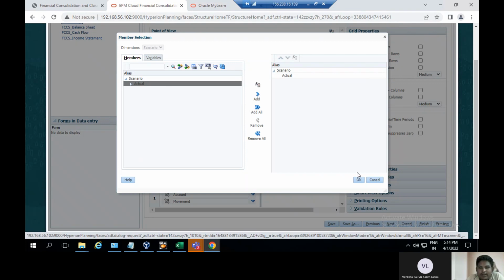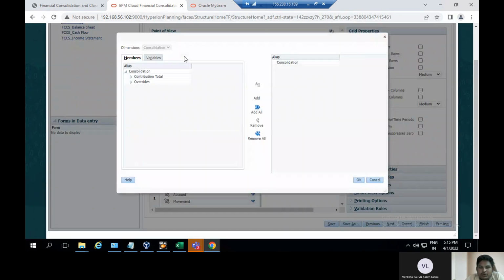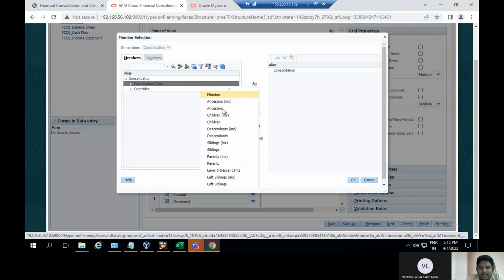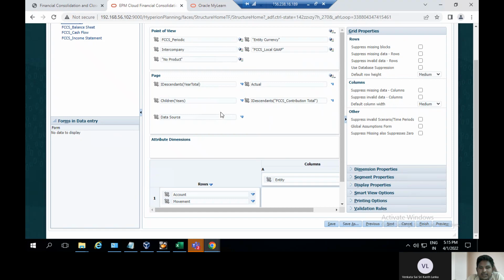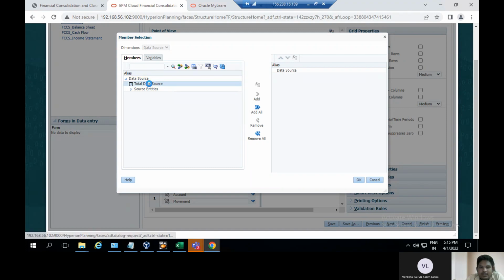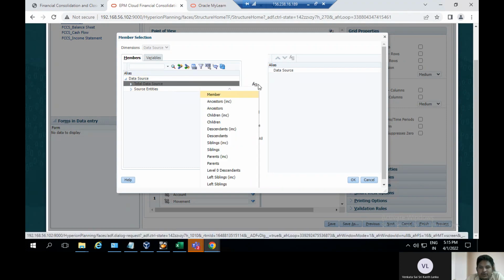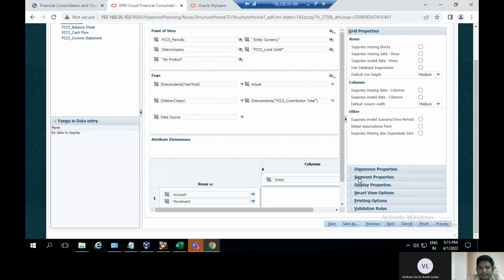on edit, add OK, and also consolidation. Here to consolidation click on edit, and the consolidation contribution total effect functional selector, and I selected the I descendants, click on OK. Yes, I descendants contribution total is selected, and click on edit, here to total data source, and here the functional one, here to I descendants, click on OK, and then go to the